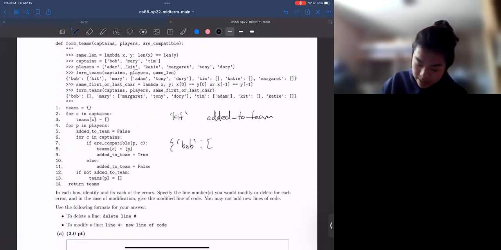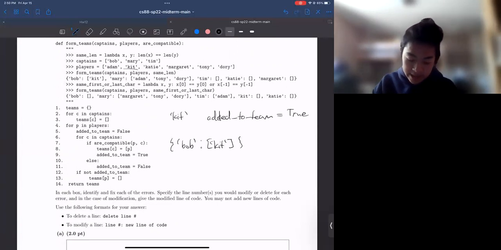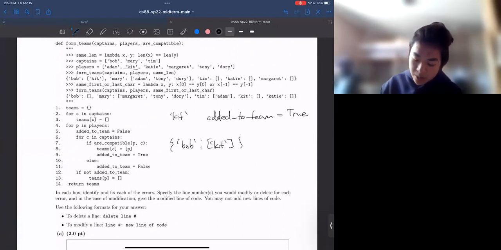And that would be the list with P, which was Kit. Okay. And then added to team is equal to true now. Okay. And then we'll look at the next one, which is Mary. And are they compatible? No, I'll go to the else statement and now I'll do added to team is equal